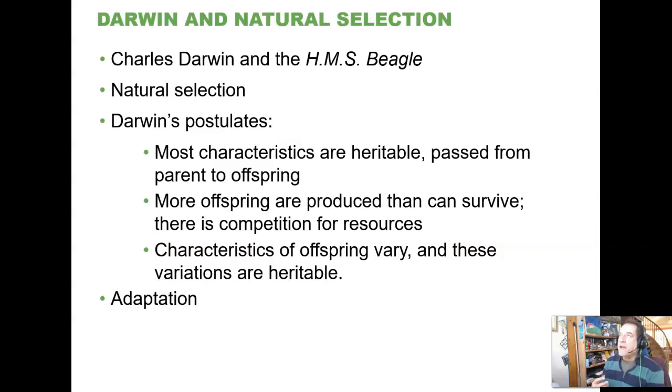really clear and coherent, and as far as continued experimentation shows, largely correct explanation for how species could change over time, and by extension, how we've gotten to the biological diversity that we have on the planet right now, which is to say biological diversity is all the different species of all the different stuff that we've got out there: bacteria, lower plants, higher plants, animals, et cetera, all that diversity, as well as the diversity within any one species or within any one population of one species. That's all Darwinian evolution due to natural selection.